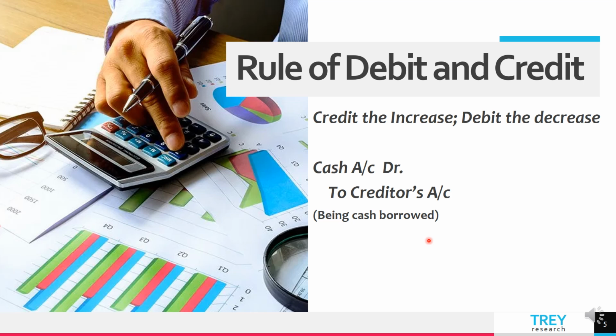Then what is going to happen? We are debiting the creditors account because our liability is getting decreased. So just remember it like this. Whatever the rule is for the assets account, it will be opposite for the liabilities account, because assets and liabilities are basically opposite things, absolutely opposite, shown in the balance sheet. So I hope you have understood this particular rule.